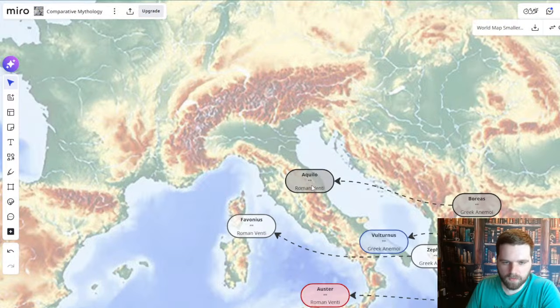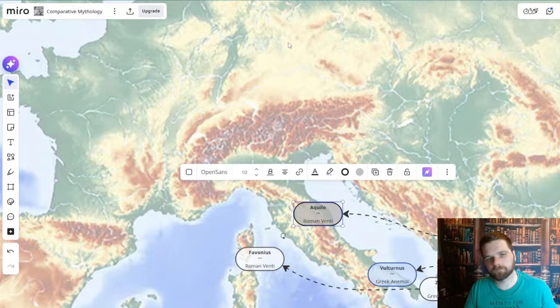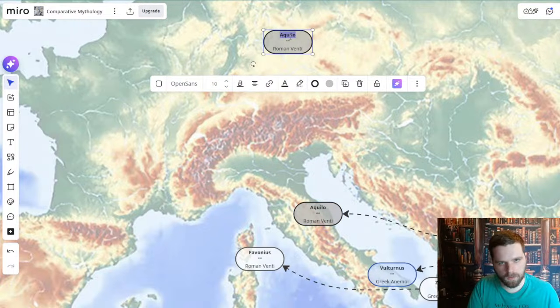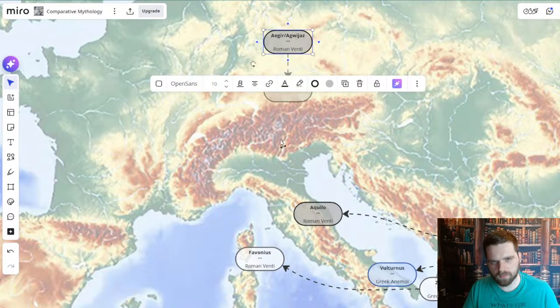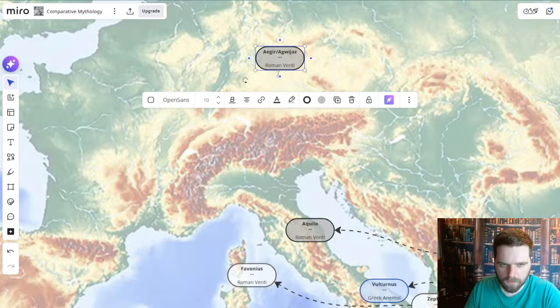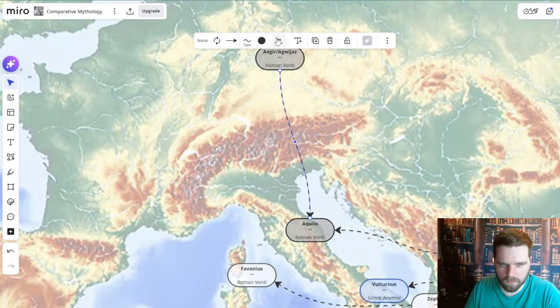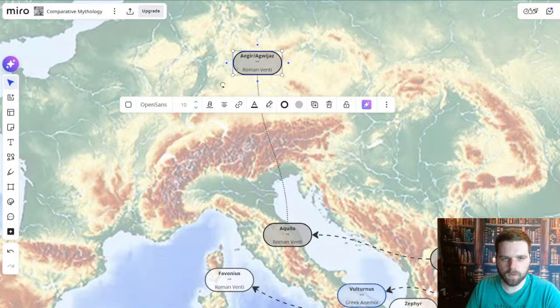I know with Aquilo, I often wonder if it seems to be related to water or aqua, that kind of concept. And I'm not going to do a dotted line. I'll do this kind of line, like just connection. Maybe not even an arrow, because what direction would that be? But in Norse,